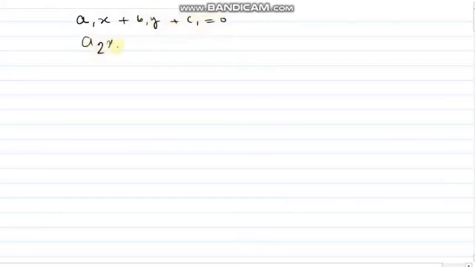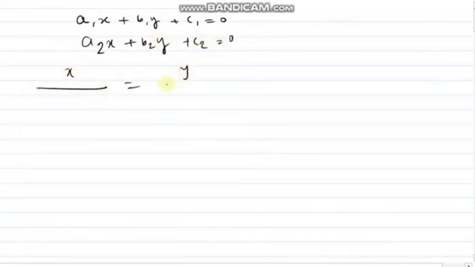Hello everyone. In this video I am going to discuss the concept of determinant. The concept of determinant already lies in the solution of simultaneous linear equations. If these are the two equations and I want to solve them by the cross multiplication method, I am supposed to